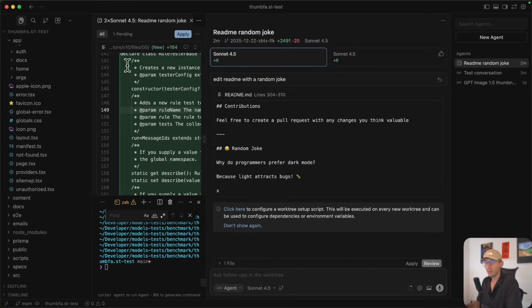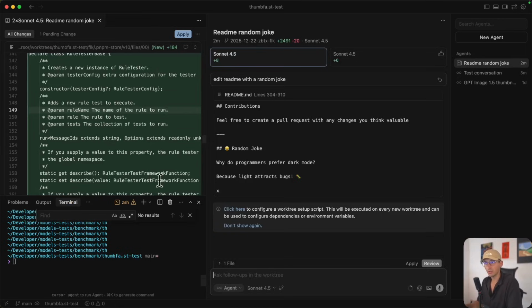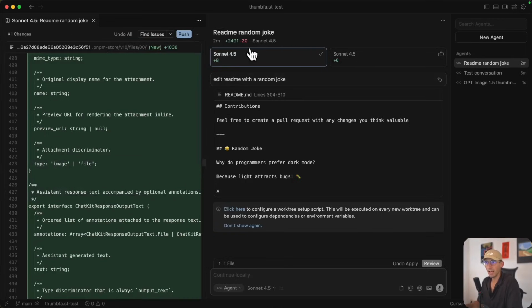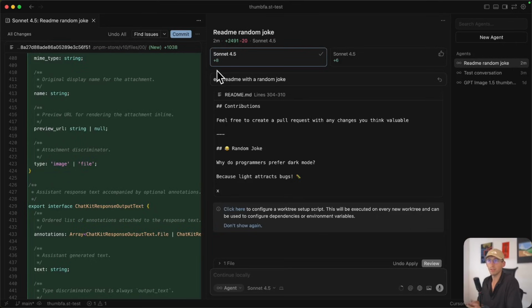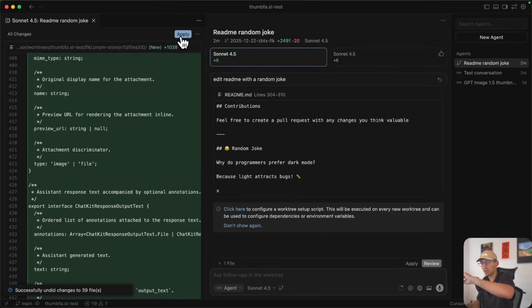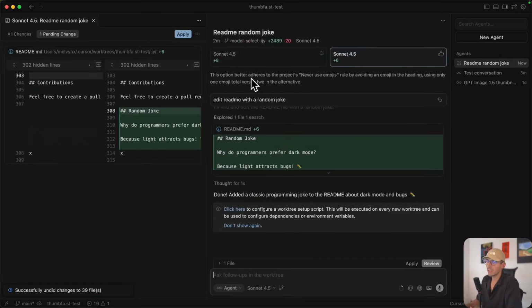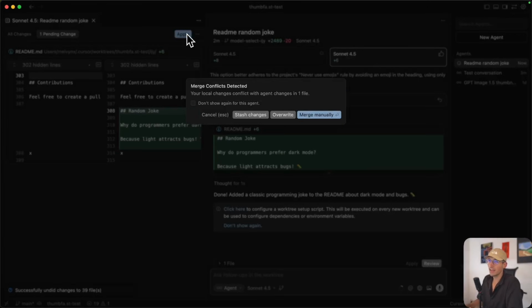Here we have this review button. We can see that we have this review. And here we are in a work tree. But when I click apply, I'm not in a work tree anymore. So it leaves the work tree. I can undo that, come back to the work tree. I can apply, but if I send a message, I cannot undo anymore. So now I'm locked. So if I want to try out this before version and I apply, now I have